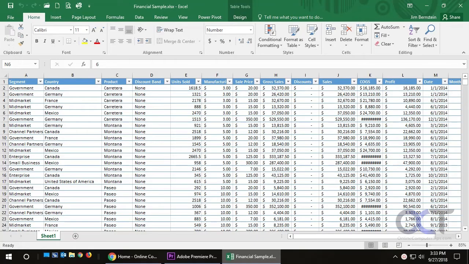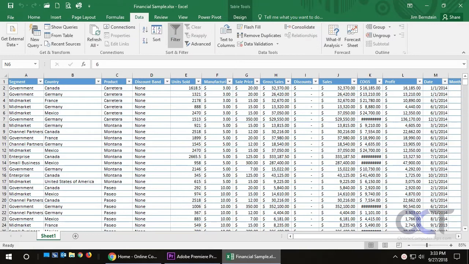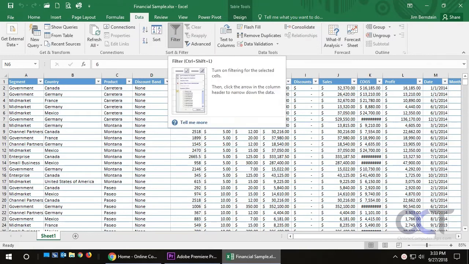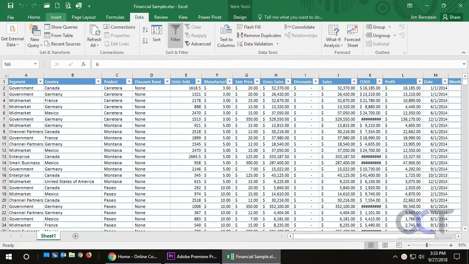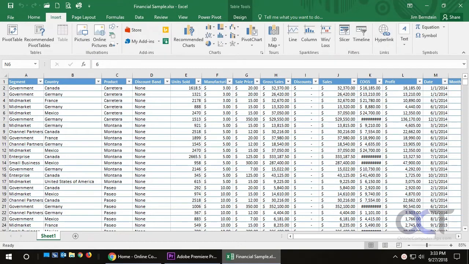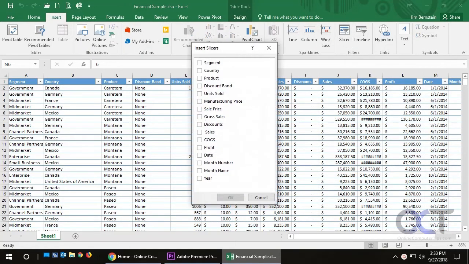Hi, in this video I'm going to show you how to filter your data in Excel using slicers. This method is a little different than what you would normally do from the Data tab when you filter this way. So to do this with the slicers, you go to the Insert tab and then choose Slicer,